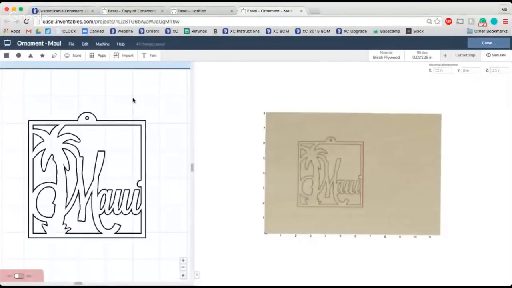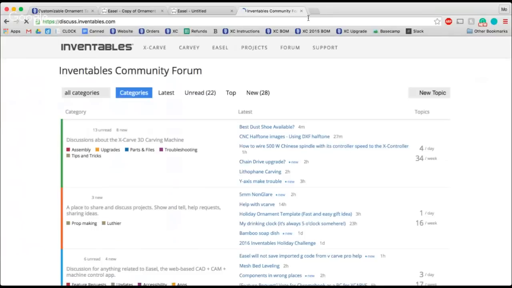So we had a little bit too much fun here at the office making ornaments. We've been on a bit of an ornament making craze lately. And what I'd like to show you is we have an entire forum article dedicated to sharing your ornaments with us. So if you go on the Inventables website, you can click up here to go to forum, or you can go